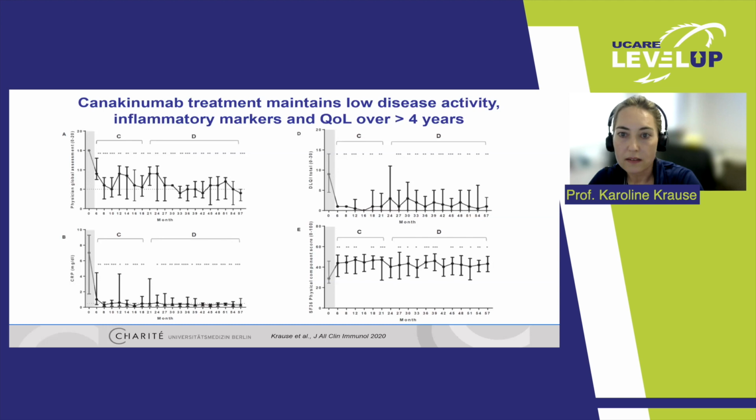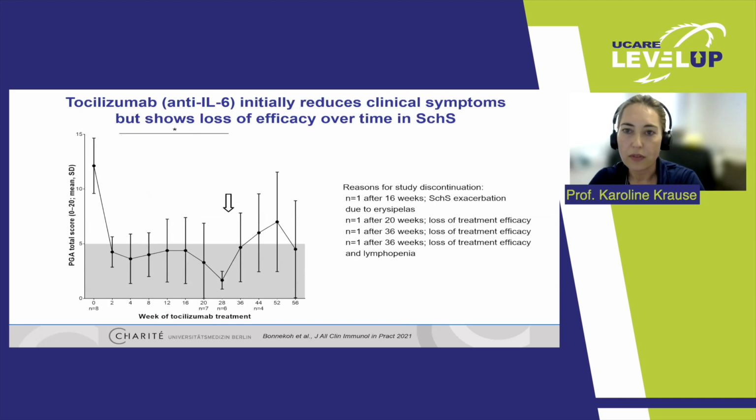However, it is still not licensed for this disease, which is really a problem for many of these rare diseases where we have nothing to offer apart from clinical trials. Here we did another trial with anti-IL-6 treatment. Anne already said IL-6 also plays a role, more from the adaptive immune system, in particular in Still's disease. And there were also reports that it might be helpful in Schnitzler patients. And here it also improved the clinical symptoms. However, after some weeks, here at week 28, you can see disease activity goes back.